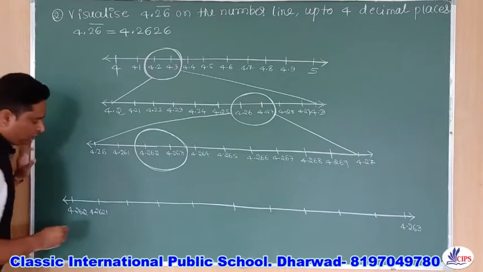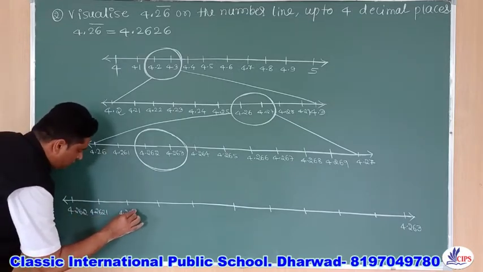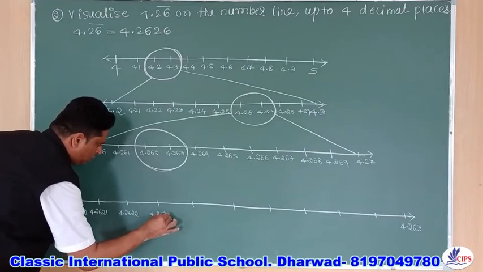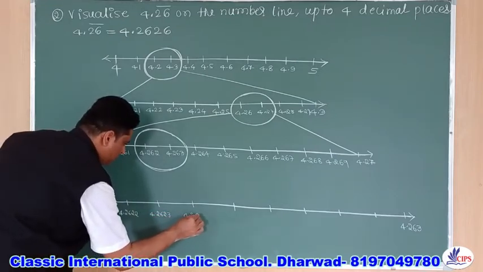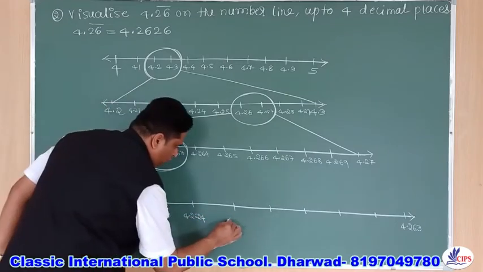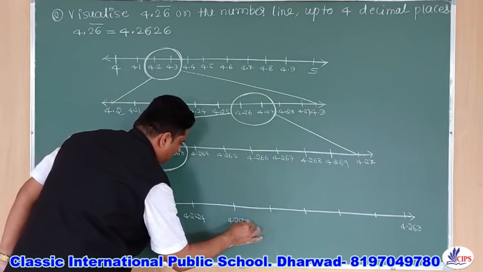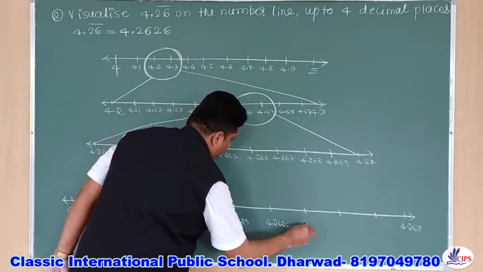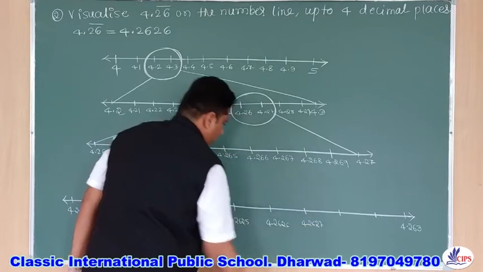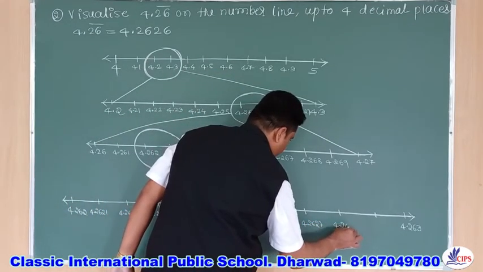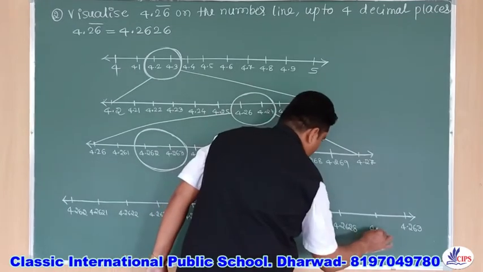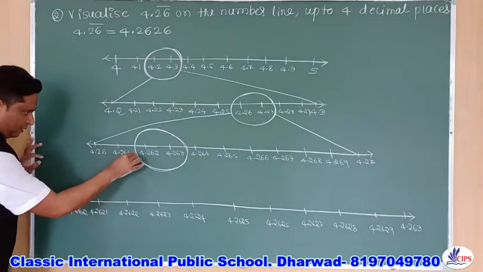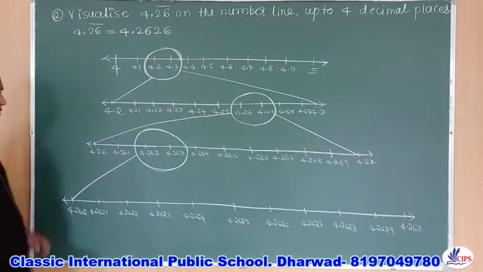4.2621, 4.2622, 4.2623, 4.2624, 4.2625, 4.2626, 4.2627, 4.2628, 4.2629, 4.2630. Right? I brought this 4.262 down here,